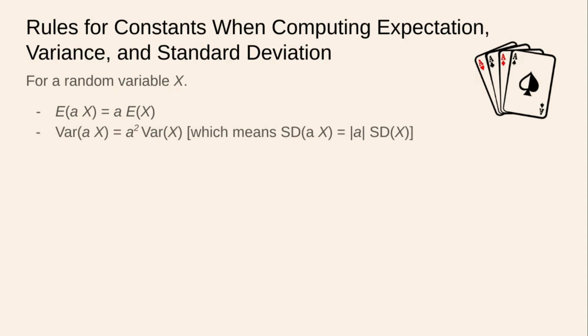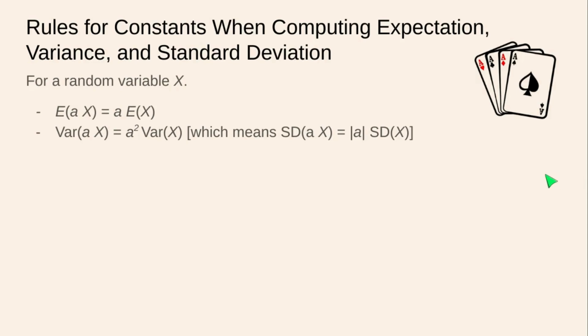The variance of a times x is equal to a squared times the variance of x. And that squared has to do with the fact the variance is the average square distance of possible data values relative to the mean. This means then that the standard deviation of a times x is, now this is a technicality,